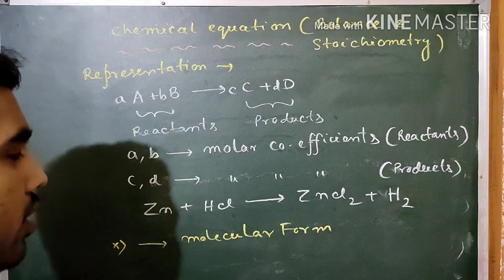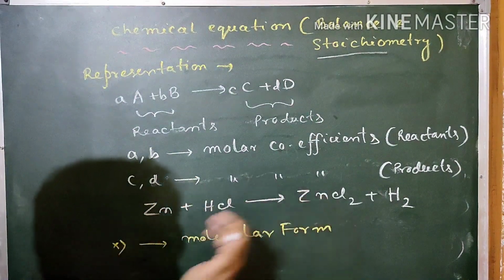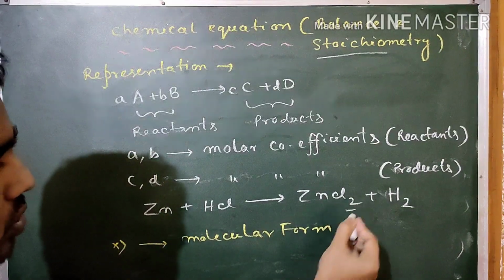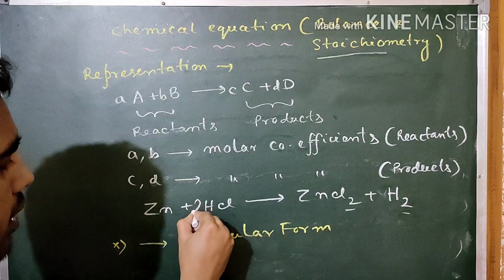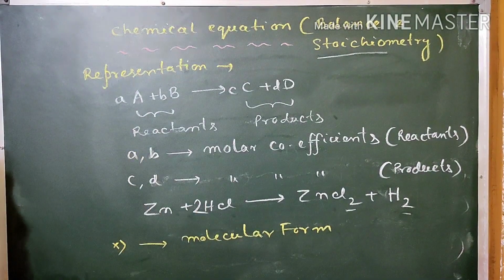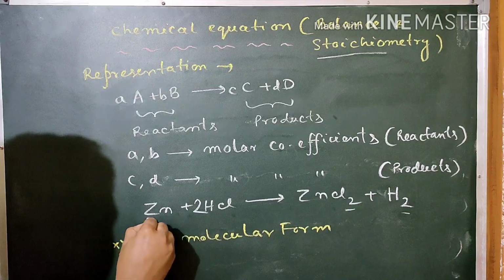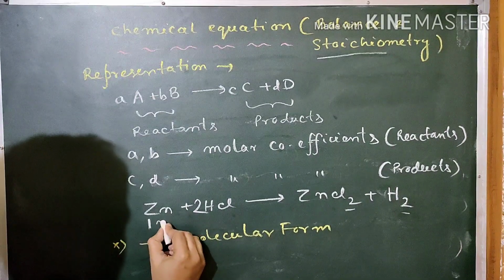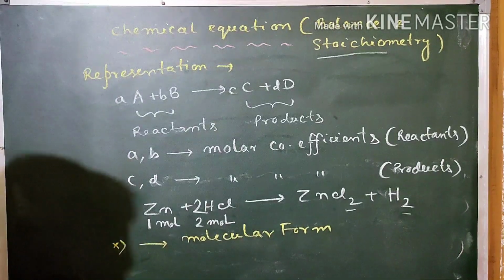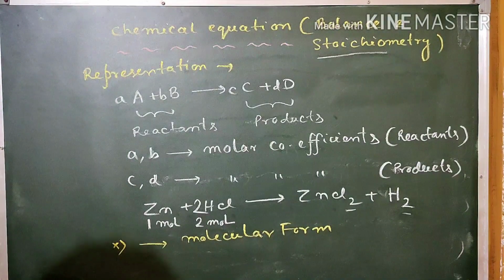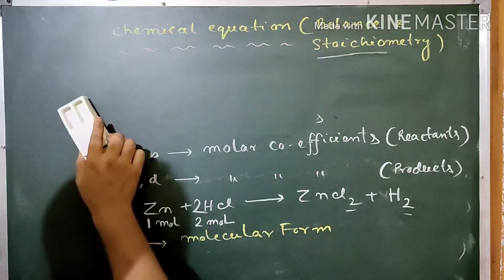Now let us see whether it is balanced or not. Balancing is important to understand the stoichiometry. How many moles will react with how many moles? See, there are two chlorine only and there are two hydrogens, so it should be 2. So from here, we will understand that 1 mole of zinc is reacting with 2 moles of HCl. Further to say, from here only, if we further discuss,